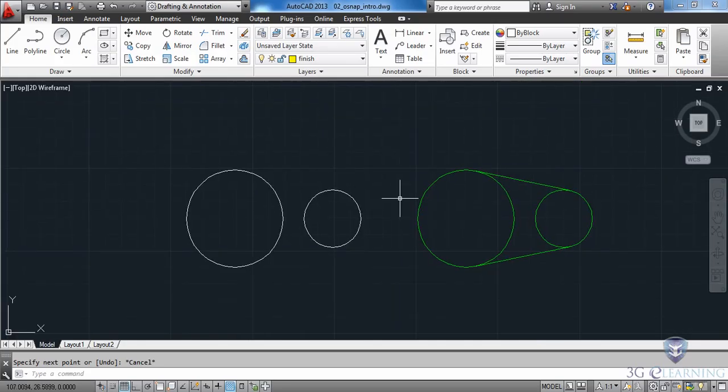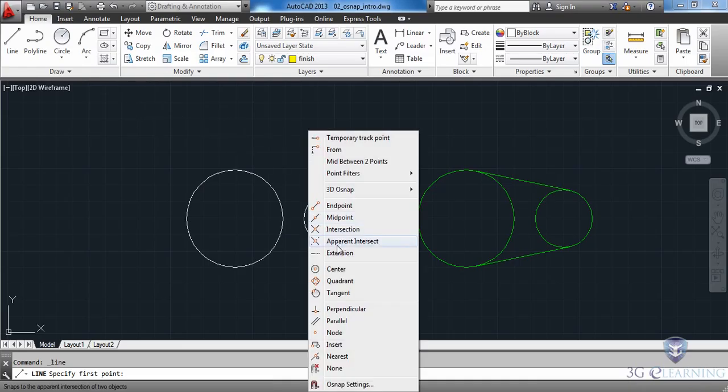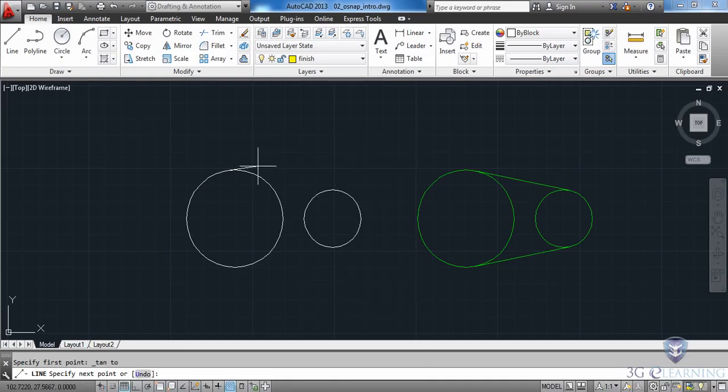This time we're going to talk about tangent. To finish this drawing, I'll need to create a line segment that is tangent to this circle and tangent to this one. And I'll need to do that on both sides. So I'm going to launch the line command. I'll draw this from Shift right click tangent to this circle to a point tangent to this circle, and I'll